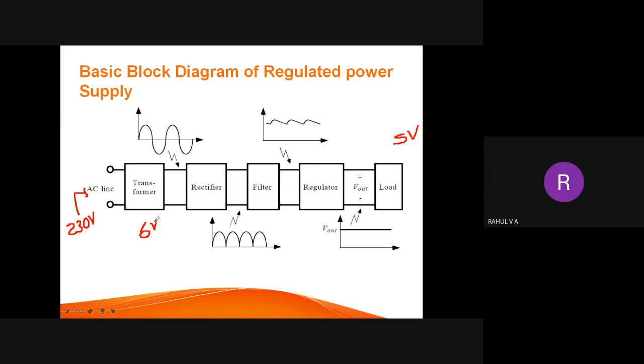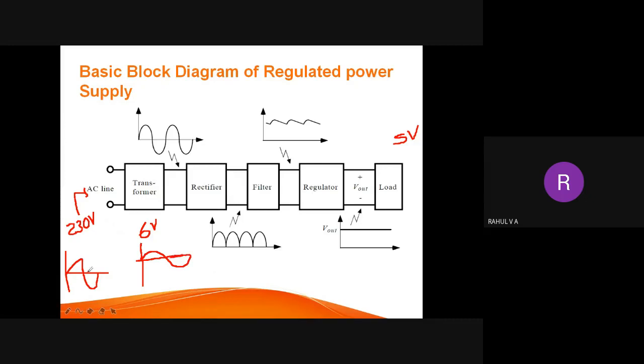If you need higher voltage in the DC output, you can use a step up transformer so that the voltage will be stepped up from 230 to some 300 volt. So it depends on your application. It will convert your AC at the input lines to a required AC magnitude. For this example, since I am explaining a mobile charger, I am converting 230 to 6 volt. Here also the cases are the same. Whatever is available at the input is AC, we can say that it is 50 hertz, and we are stepping it down to some 6 volt.